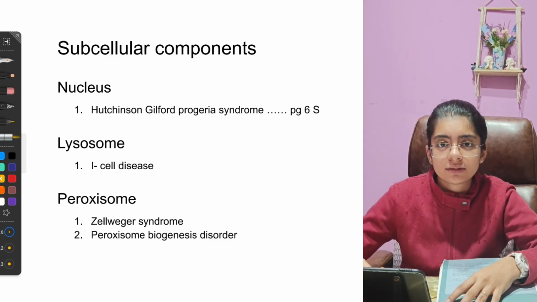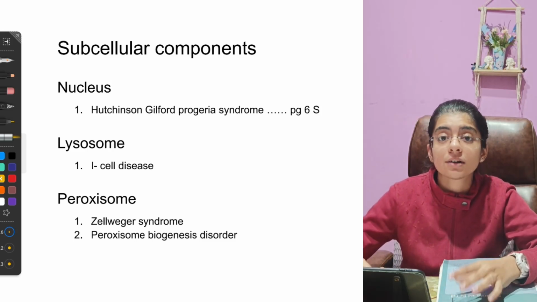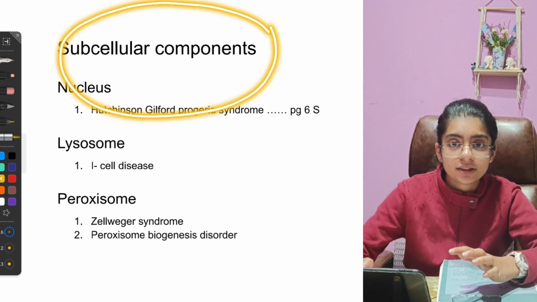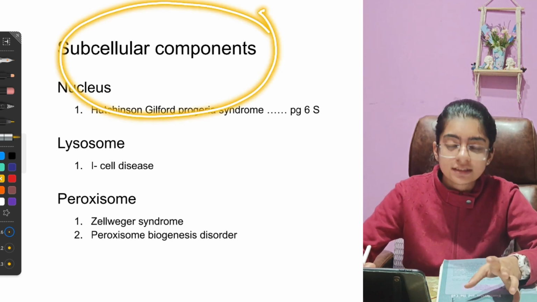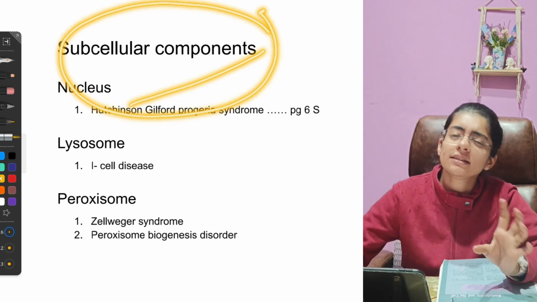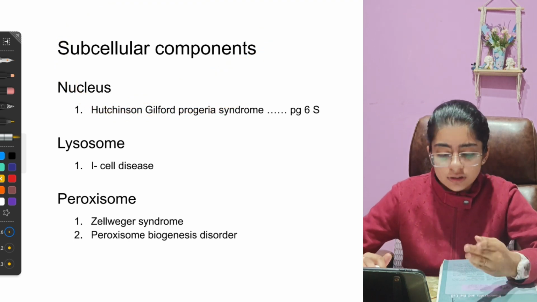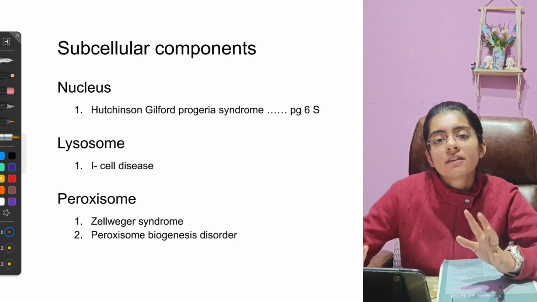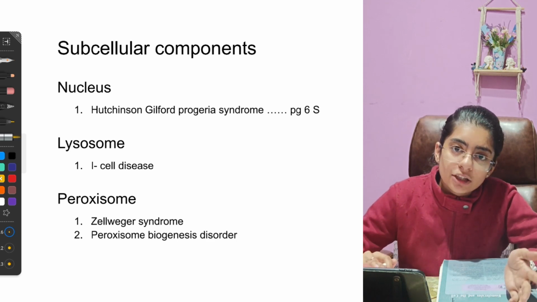Everyone, so this is Shruti Ahuja, and in this video we are going to talk about the important PYQs of chapter 1 biochemistry, first year MBBS, that is the subcellular components. It is a very basic chapter because most of the things which are done in this chapter we have already done in NEET preparation time.